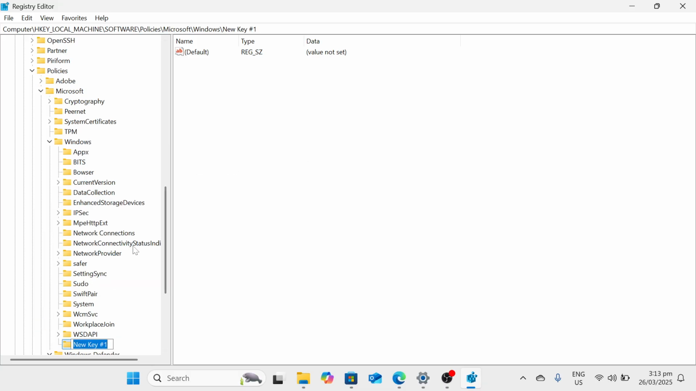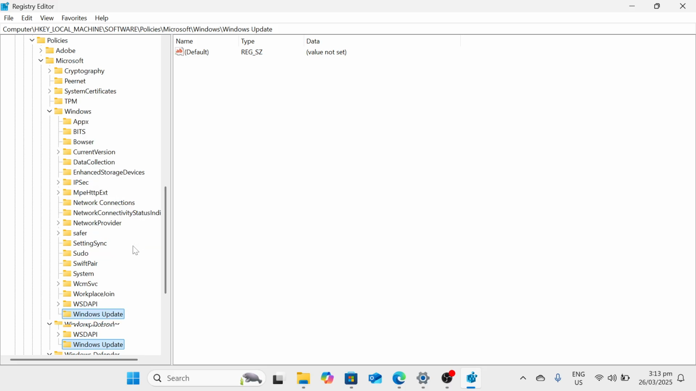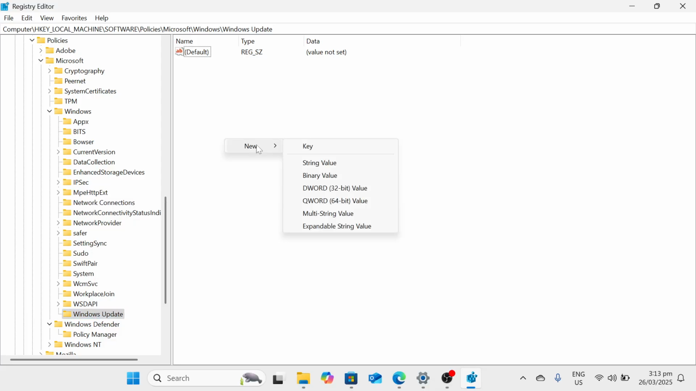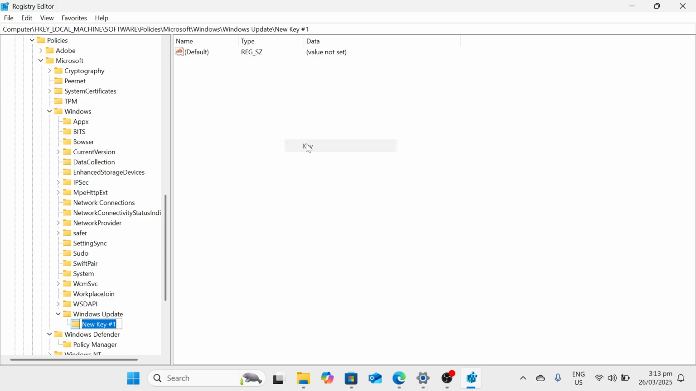And here we need to type WindowsUpdate, and then click on Enter. Okay, so after doing that, please right-click on it, and then click on Key again. Please right-click on it in the inside tab, and then click on New, and then click on Key. And in here, we need to type AU,